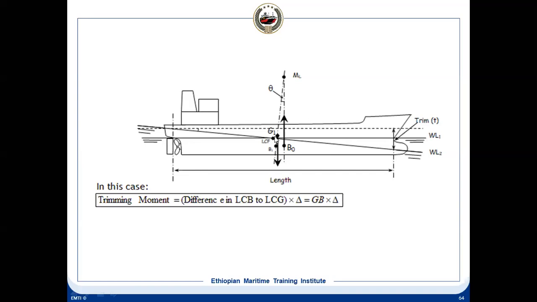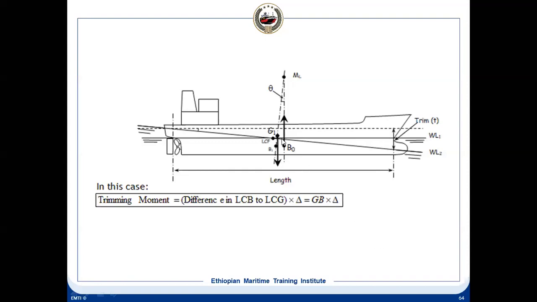Once this line, B, G and M, is on the same line, it will remain at that particular trim condition. It can be even keel, it can be an aft trim, it can be a forward trim. Now what had happened, we have shifted some mass to aft. Once we have shifted the mass aft of this line, G has shifted, because the resultant G we can calculate by the moment. Now this force is downward. After that, is there any shifting of G? Because mass has shifted, after that G will not shift.